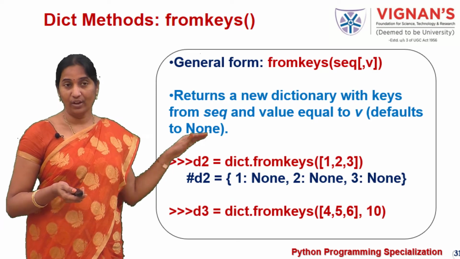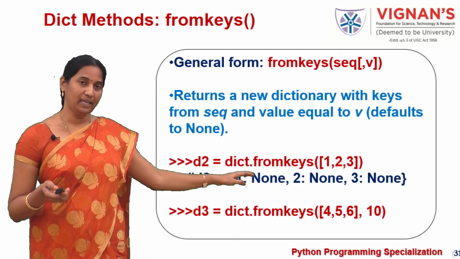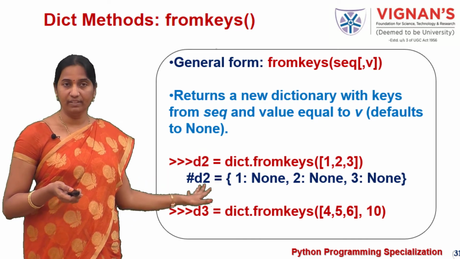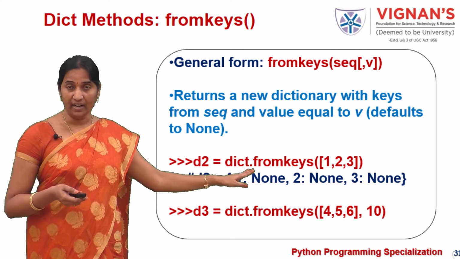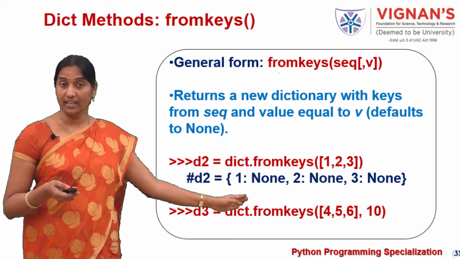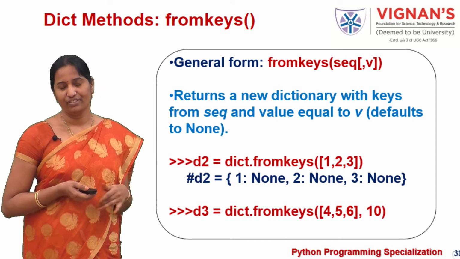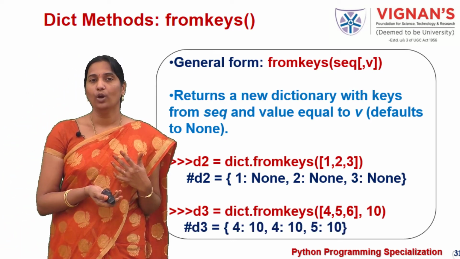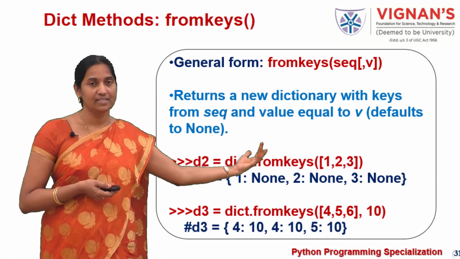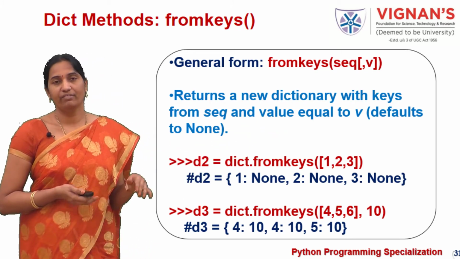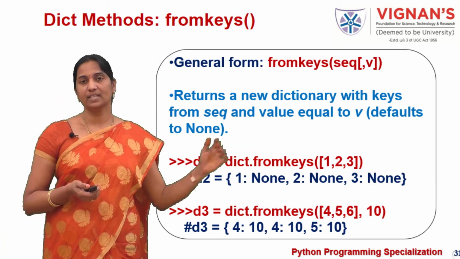Basically, whenever you are creating a dictionary using the fromkeys method, all the elements get the same value. So now consider this example where I am passing a sequence and also a value. Now a new dictionary D3 will be created whose keys are 4, 5 and 6, where the values of all these elements would be 10. That's how the fromkeys method allows us to create a new dictionary whose keys are taken from the sequence and whose values are equal to the value we provide. If nothing is provided, then the value is considered as None.